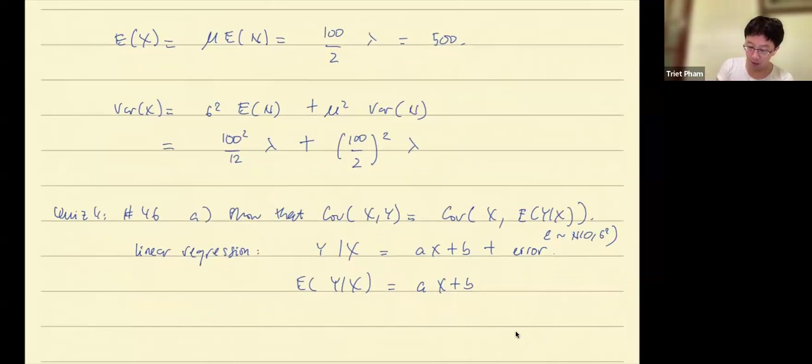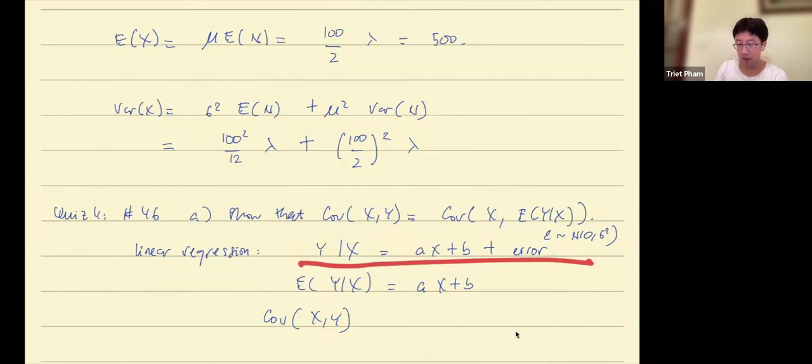And so you see the relevance here. A lot of times you want to find the covariance between the dependent variable and the explanatory variable, which is another name for it. So you want to find the covariance between the two. Now, the covariance between these two might have a complex joint distribution. But if the conditional distribution is like this, and the conditional expectation is like that, then by this formula,